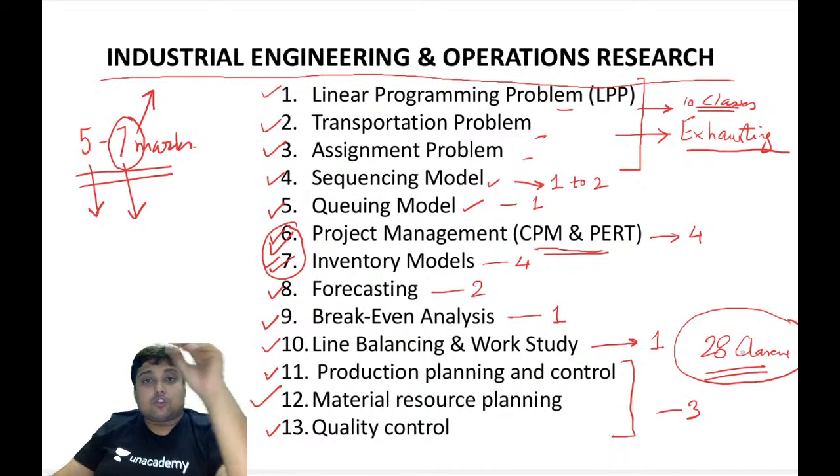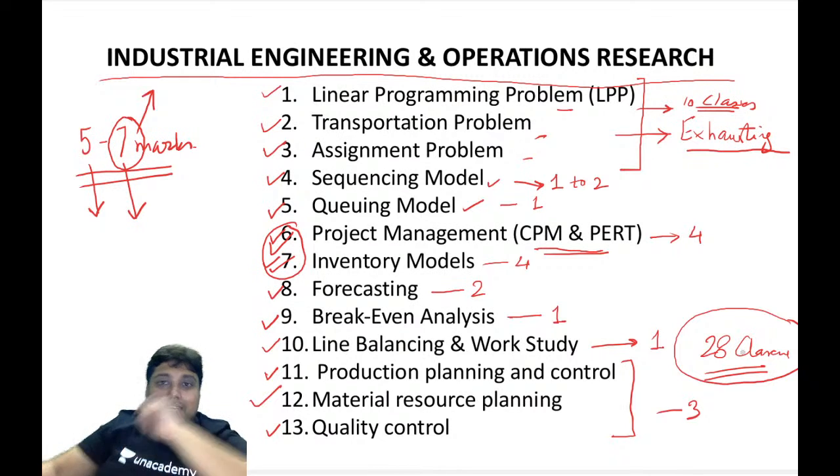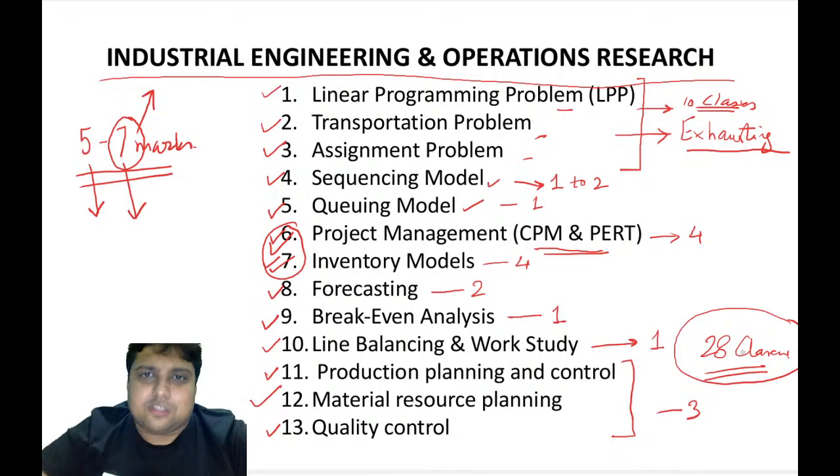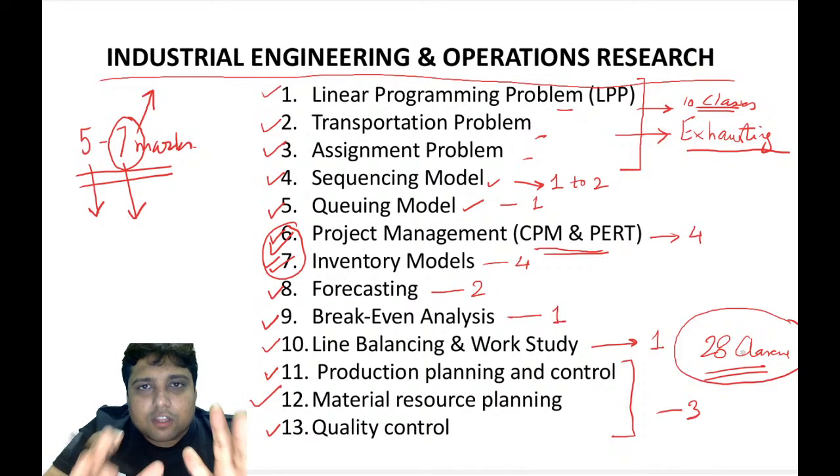Without solving the questions, you are not preparing for the GATE examination. Let me tell you this very clearly. GATE is the Graduate Aptitude Test in Engineering. It is an aptitude test, not a knowledge test. Nobody will ask you questions from the knowledge part. The GATE examination is only trying to test your aptitude skill in engineering, how well you are versed with the concepts in engineering. So numericals are the only way to prepare for the GATE examinations.